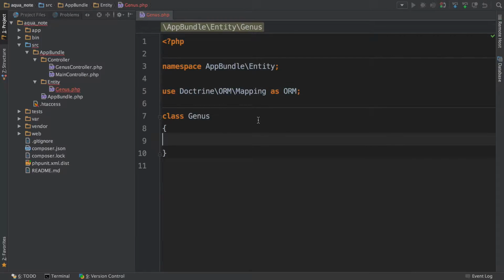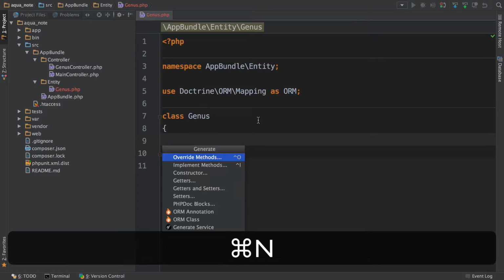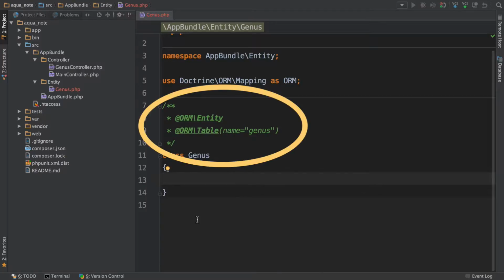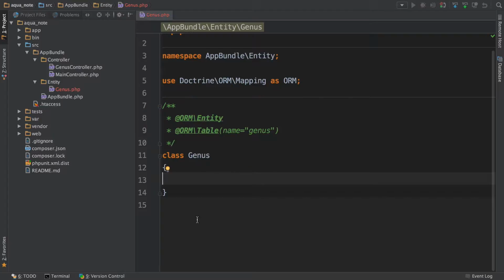Next, put your cursor inside the class and open up the Code Generate menu. That's Command+N on a Mac. Ooh, one of the options is ORM Class. Click that and boom! It adds two annotations, @ORM\Entity and @ORM\Table, above the class. Doctrine now knows this class should map to a table called genus. But that table won't have any columns yet. Lame. Add two properties to get us rolling: id